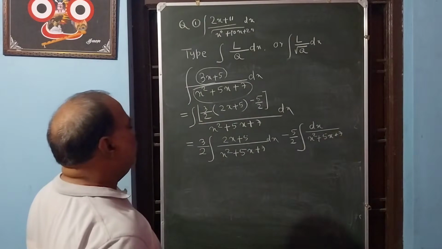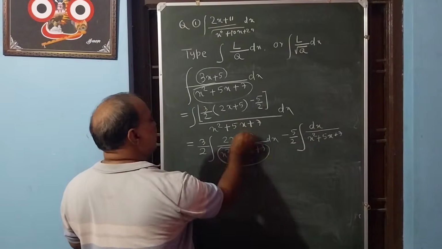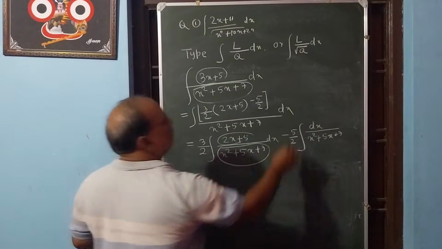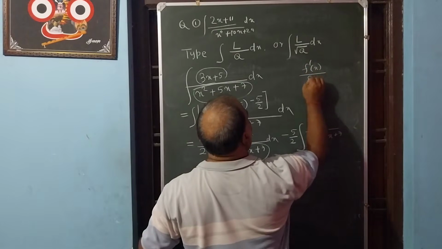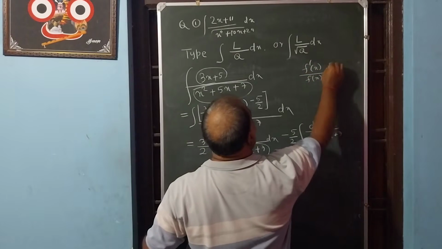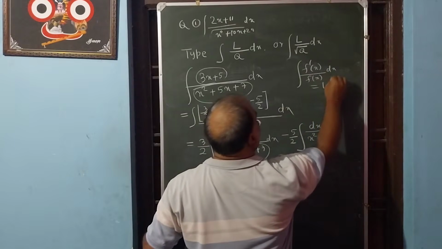So we know if we choose this as f(x) and its derivative is 2x plus 5, we know that the derivative upon the function, the integration of that is ln